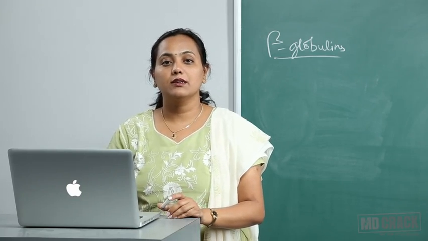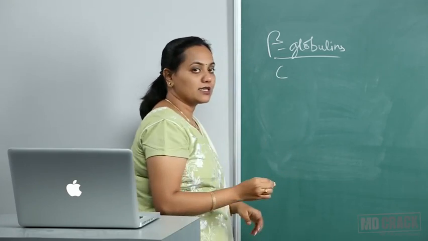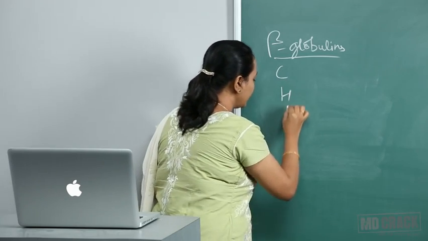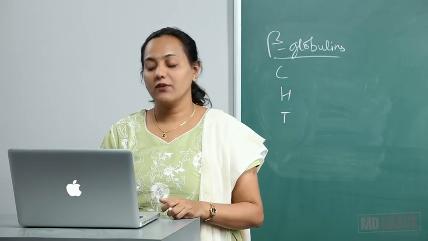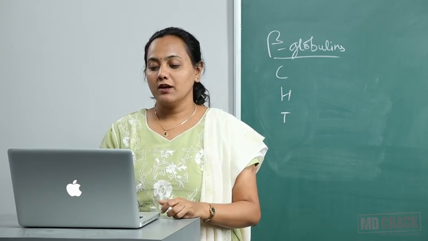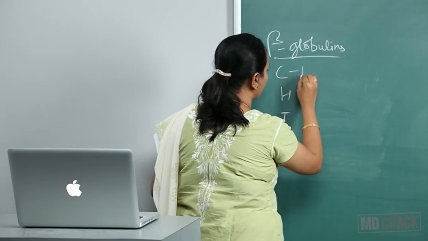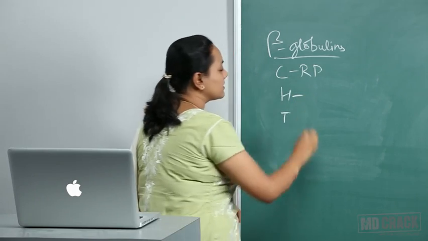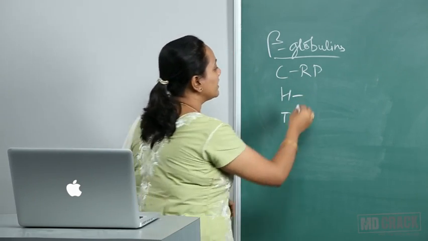Again, we include the CHT even in this. So there is always a confusion, which is the C, which is the H, and which is the T. Now, CHT stands for, if you can remember, please do remember. C stands for C-reactive protein, CRP. H stands for, there in alpha 2 globulin you had haptoglobulin, here we have